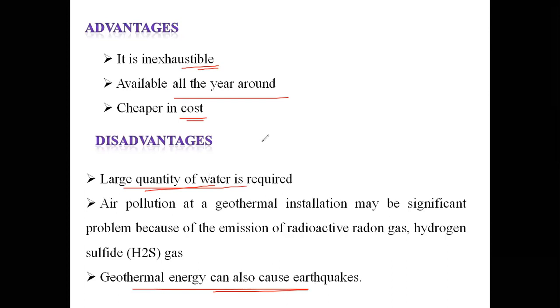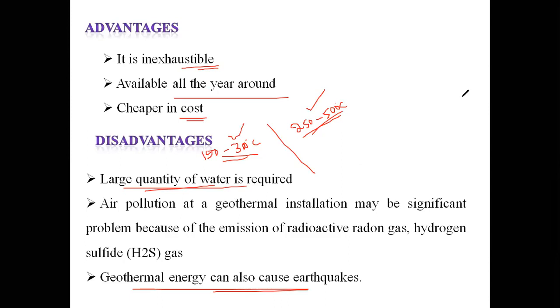Actually, in the conventional thermal power plant or nuclear power plant, the temperature is maintained at 250 to 500 degrees centigrade. But in the geothermal power plant, the temperature is 150 to 300 degrees centigrade. Based upon the temperature, with high pressure and temperature, we run the steam turbine. But compared to the conventional power plant, the power generation in the geothermal power plant is less. That is one of the drawbacks.